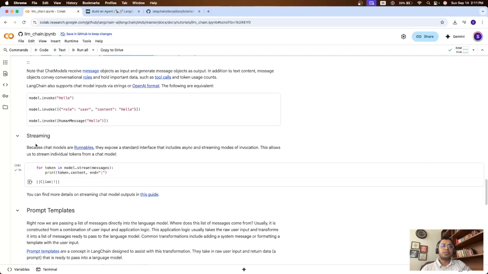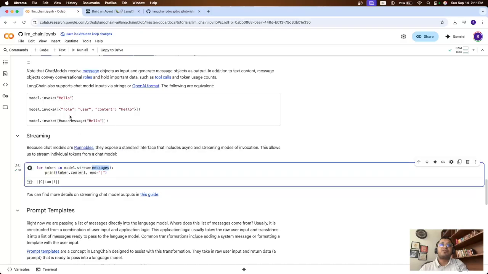Now, next let's look at one more important topic, that's streaming. So it's important to stream your response, right? If I'm building a chatbot in an LLM application, my user is not going to wait for the whole response to load at once. So we need to make sure that it gets streamed. So what we've done here is that, okay,